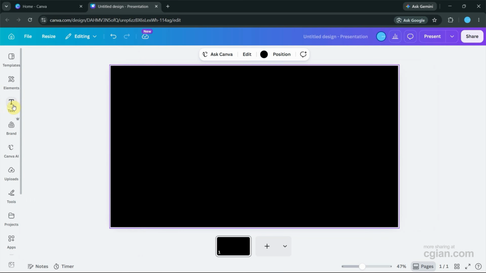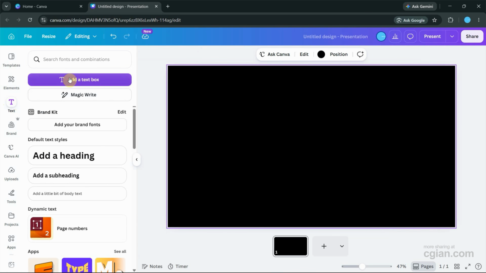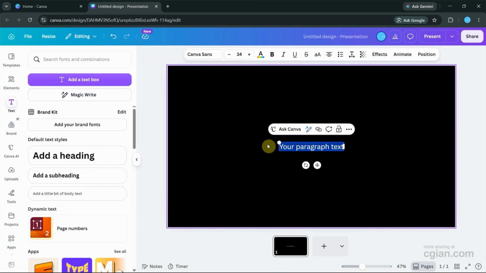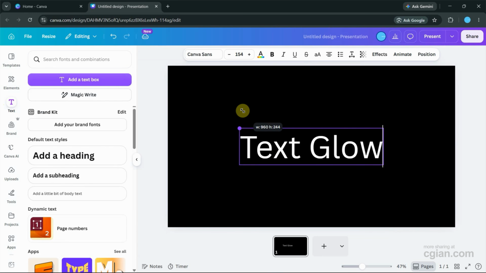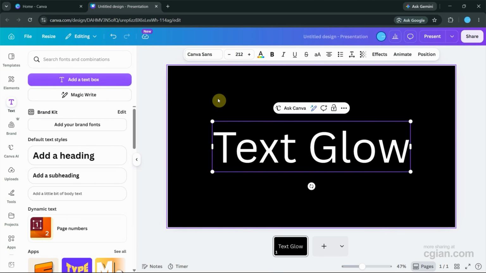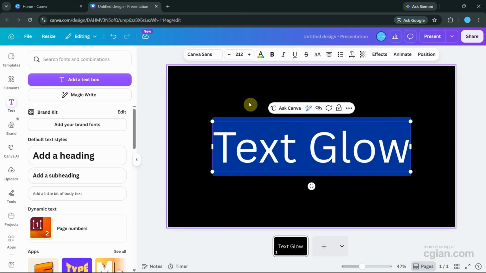Next, we can go to the left toolbar, find text, click, and then we can add the text box. Next, we can start to type. For example, I type the text "grow", and then I will click and drag the corner to enlarge it. I press Alt to enlarge it. I want to make it bold, so I press Ctrl A to select all the text and then go to